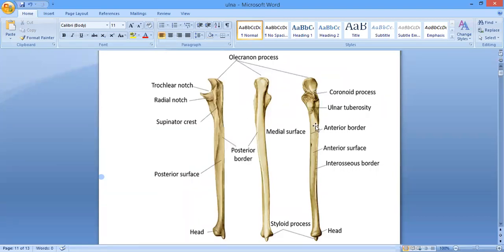Okay, have a look over the anterior surface over here, right? So anterior surface, it lies between the two borders. ये कौन कौन से borders के दरमियान में होगी जी, अभी बताएं? Anterior border and the interosseous border, right? Medial border. ठीक है, volar